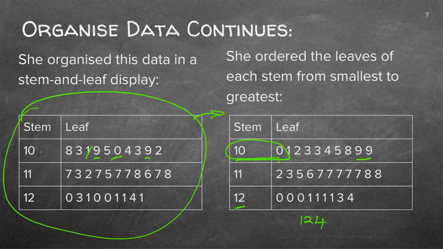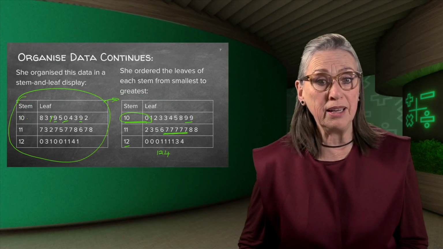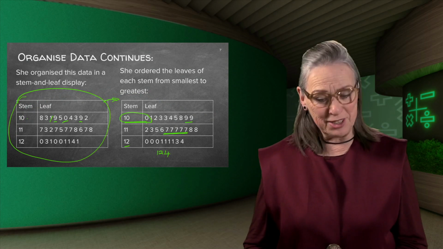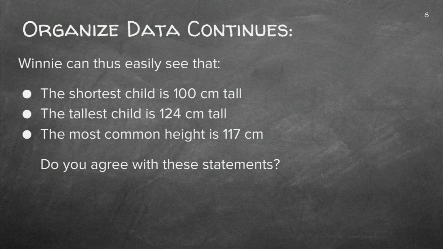We can all get it from our graph. And we can say that the common height, the most learners who fell in this category was 117 centimeters tall. And we can all read this from our stem and leaf display. Isn't this fun to do? Okay, so I've just done this again so that once you get back to this slide, or this video, the lesson, then you can just find out what we've gathered from this, and you can actually gather much more information from that graph if you want to spend time on it. Not from the graph, sorry, from the stem and leaf display.